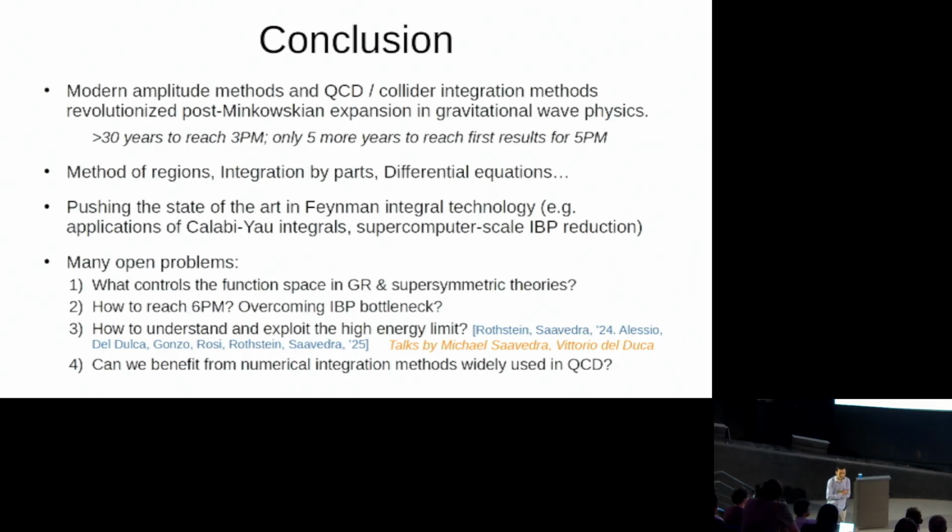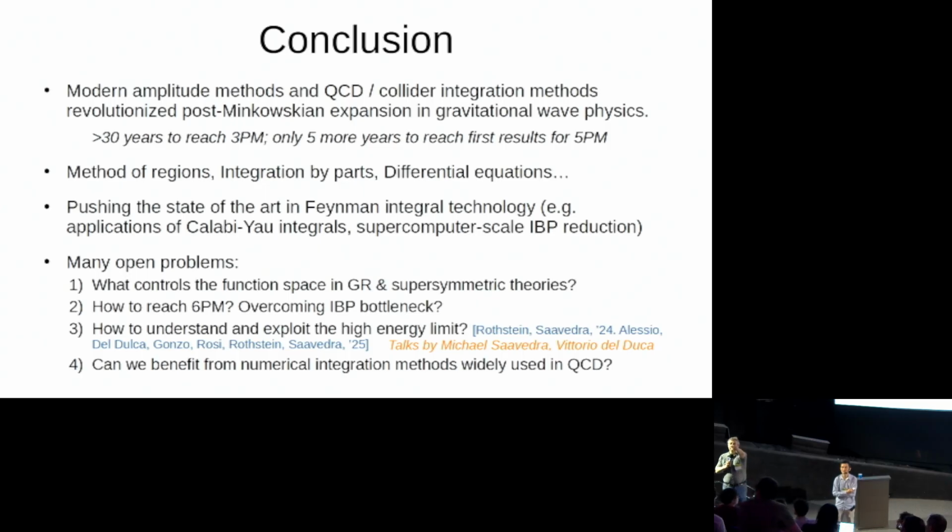Yeah. I didn't have time to mention it, but already at the current frontier, which is the 5th post-Minkowskian order, the IBP reduction calculation has been very time-consuming, and we've been applying for supercomputer hours for this purpose. Given that we expect one more loop order to bring an additional increase in computational burden, the IBP will become maybe prohibitive with the current technology. So new developments will be essential.